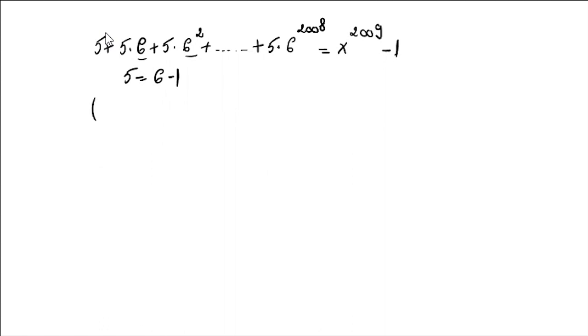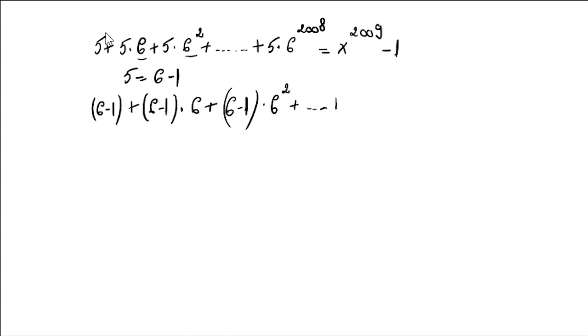And we have 6 minus 1 plus 6 minus 1 multiplied with 6 plus 6 minus 1 multiplied with 6 at the power of 2 plus, until, 6 minus 1 multiplied with 6 at the power of 2008 equals x at the power of 2009 minus 1. This relationship is equivalent with,